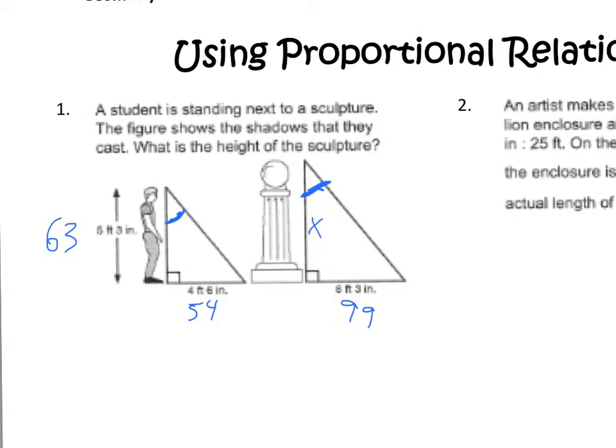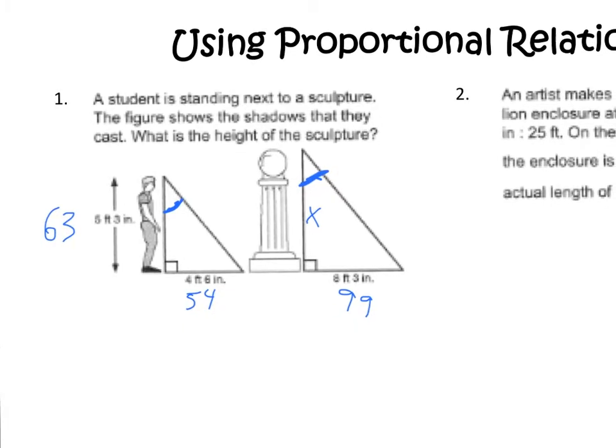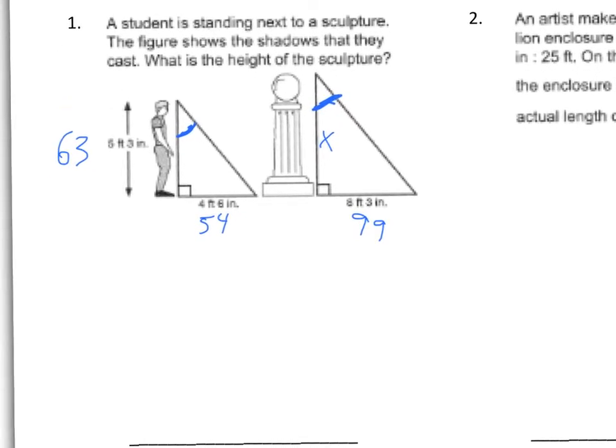So it's kind of neat that we can actually look at this stuff and figure out the height of something without actually getting up there and measuring it. So then we just make a proportion problem. 63 over x, those are corresponding sides, equals 54 over 99. And when we solve that, we end up with